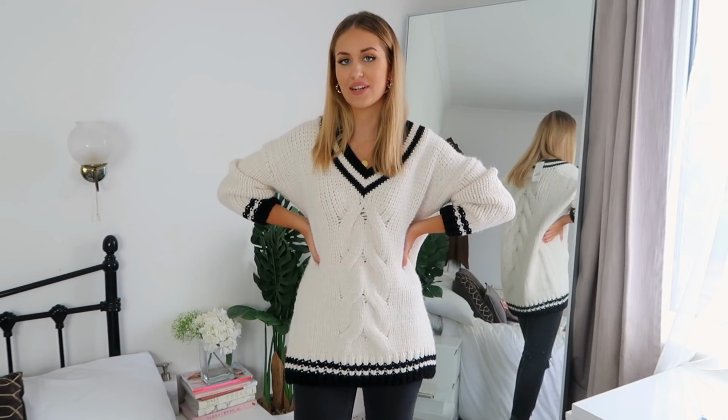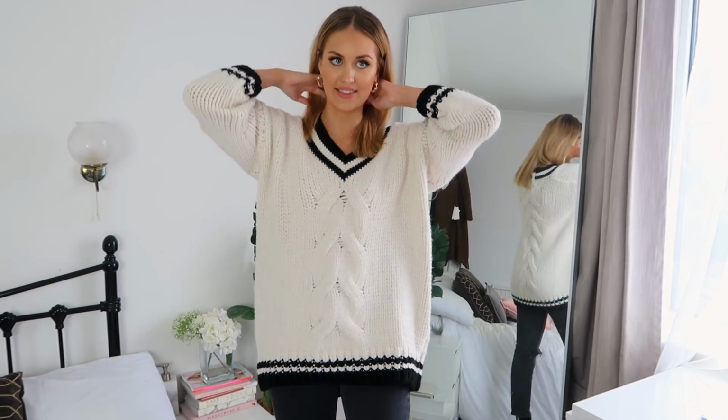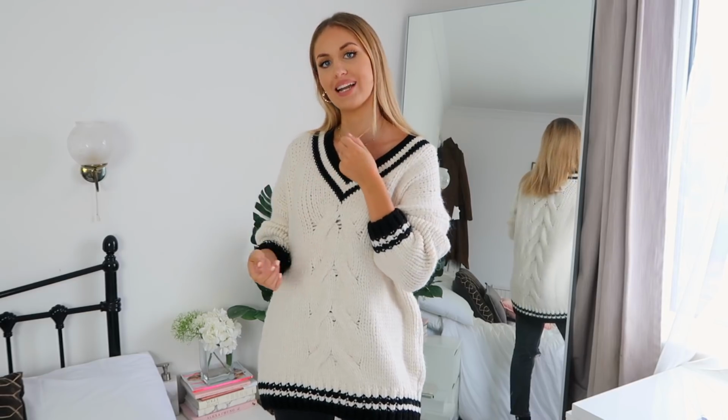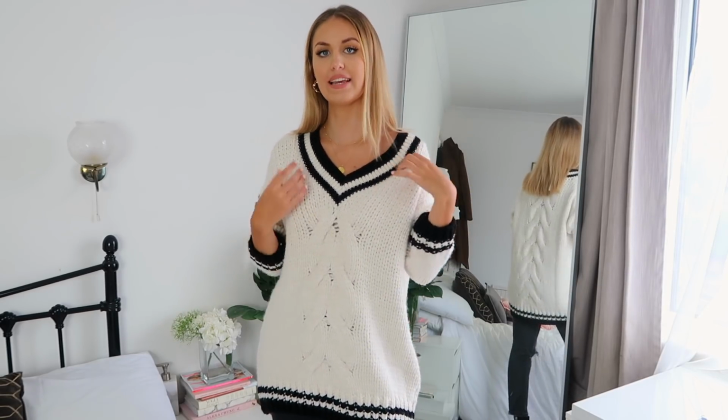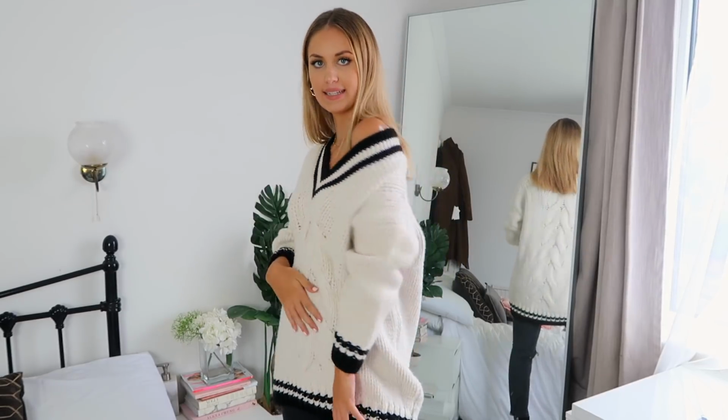However, it's really soft and cozy, and I do like the fact that it doesn't have a roll neck, because you can wear little necklaces with it and all that good stuff. So yeah, I will make up my mind, and you could probably even wear it a little bit off the shoulder, you know, be a little bit sexy, like